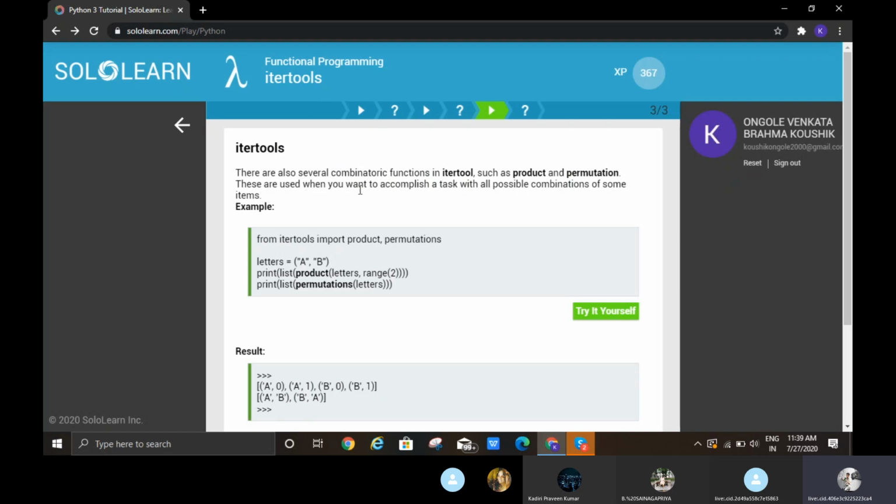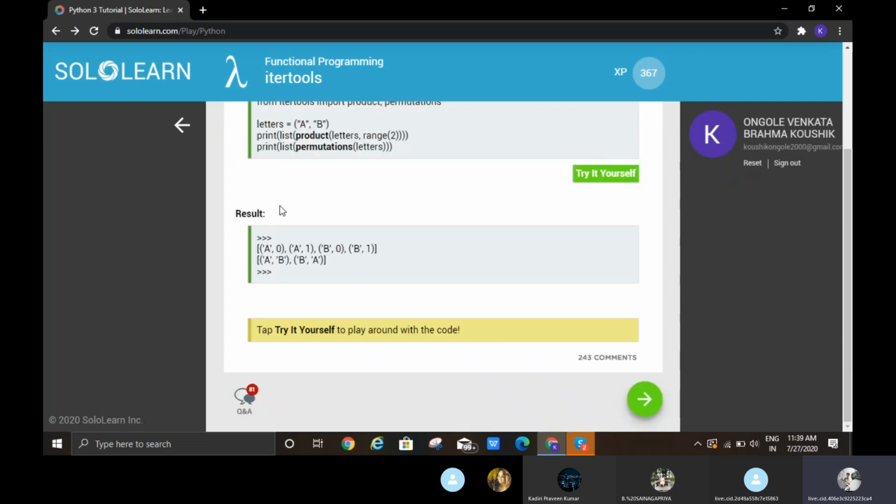There are also several combinatoric functions in itertools such as product and permutations. These are used when you want to accomplish a task with all possible combinations of some items.